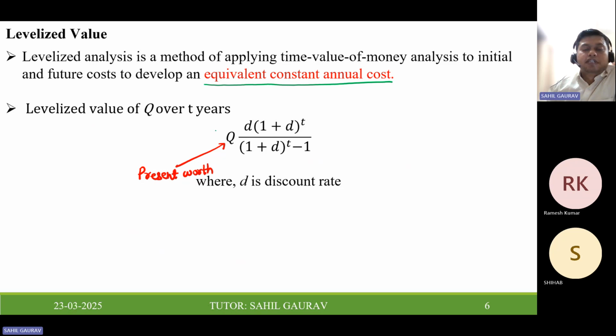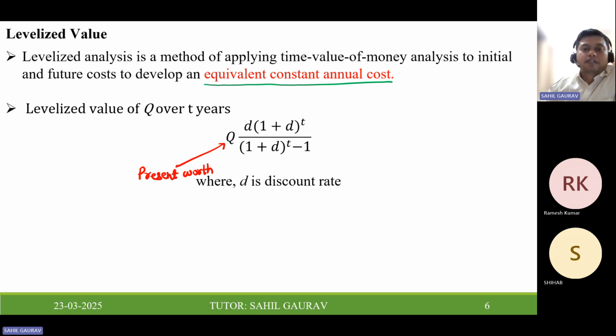The levelized value of Q over T years can be denoted as Q into D into (1 plus D) to the power T upon (1 plus D) to the power T minus 1. So this is the levelized value of Q over T years, and this Q is the present worth. So if you have this amount right now, what is the levelized value of Q over T years? You can find it using this relation. Levelized value means what amount you should have